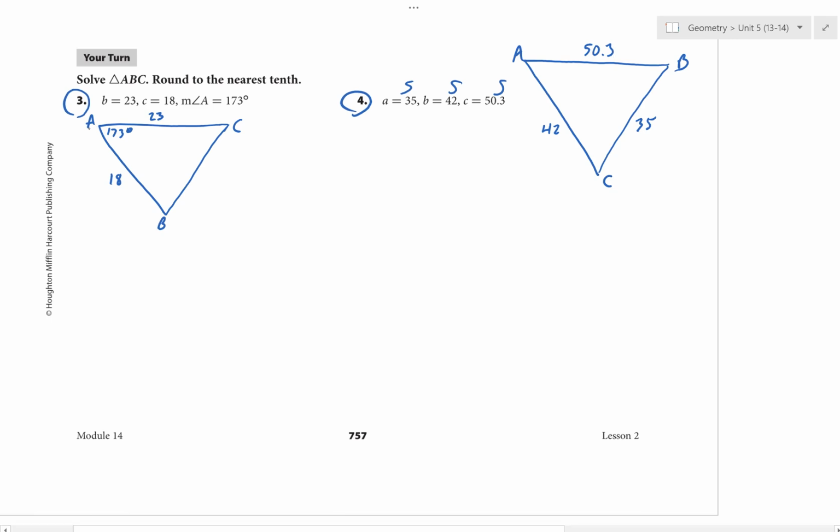Okay, so for problem 3, since we know angle A, that's the only angle we know, the 173 is going to have to be at the end. So we're going to end with cosine of 173, which means we need to start with the side across from it, which we'll call little a. So a squared equals b squared plus c squared minus 2bc cosine of A, which is 173. And so then if we fill in the pieces that we do know, we know b is 23, we know c is 18,